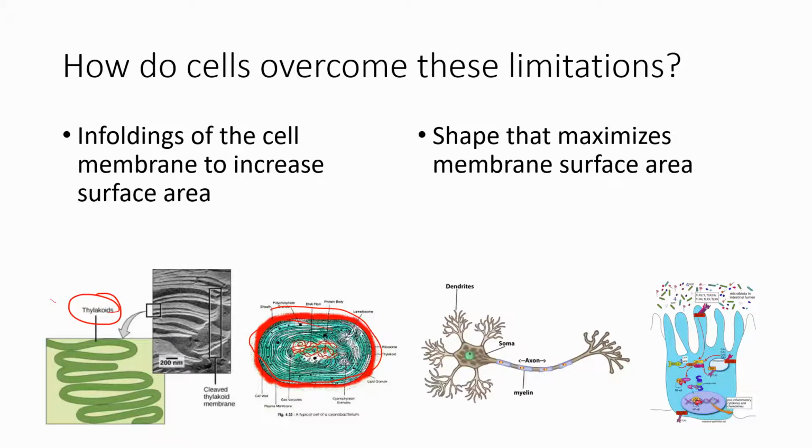They can also have a shape that maximizes their surface area while minimizing their volume. So if you look at this neuron, notice that each time you have this branching of membrane, you're increasing the surface area. Same thing here. This cell is a cell in the lining of the intestine. Notice it's got these folds. These folds are called microvilli, and they are basically these little finger-looking projections. They don't move. The main purpose that they serve is they increase the surface area of the cell